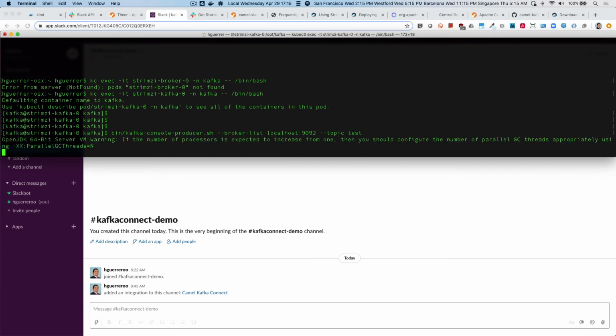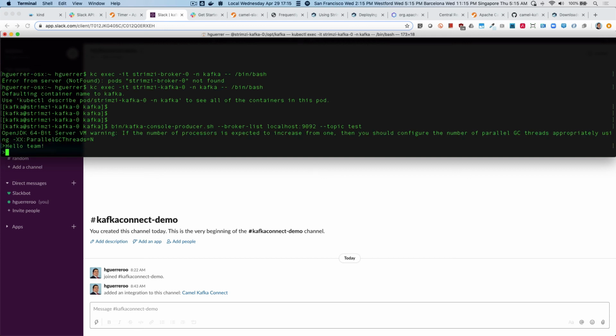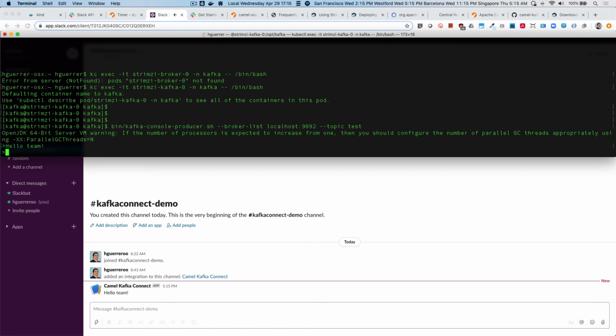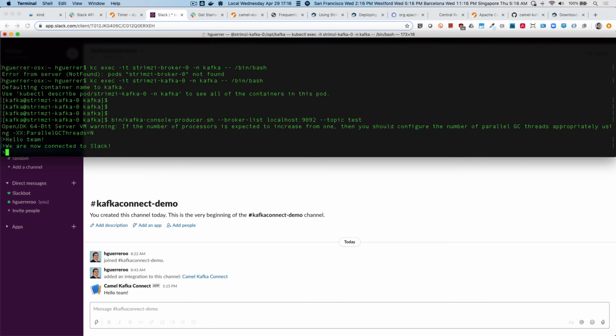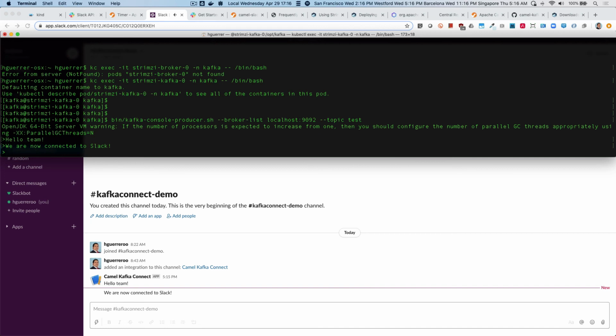So this will enable us to connect to the cluster, so I can start sending messages. In my case, I'm just going to say hello team, and then that should be sent to our service. And yes, now I am sending a message through Kafka to my topic test, and that message is being received in Slack. So hello team, we are now connected to Slack. Awesome, we are receiving all the notifications in our channel, and in this way we can start creating more complicated